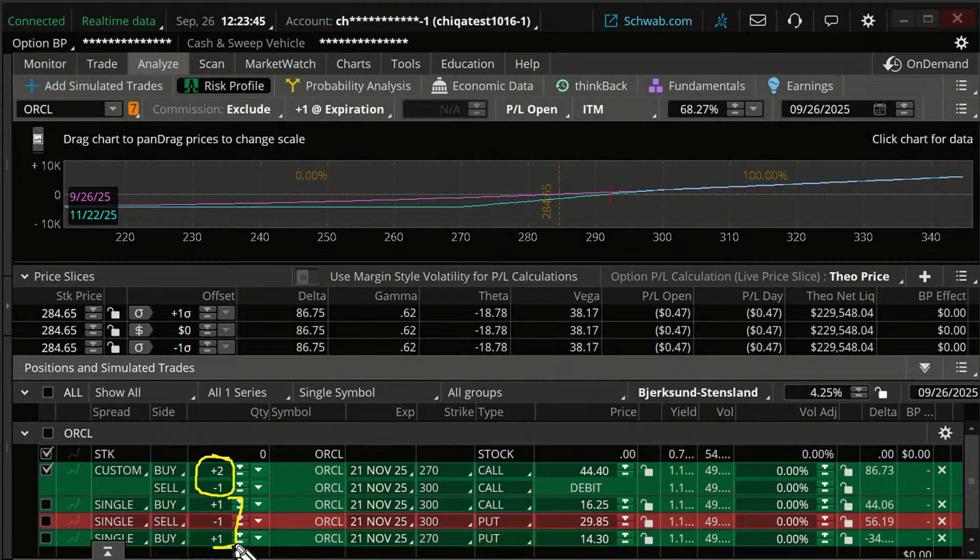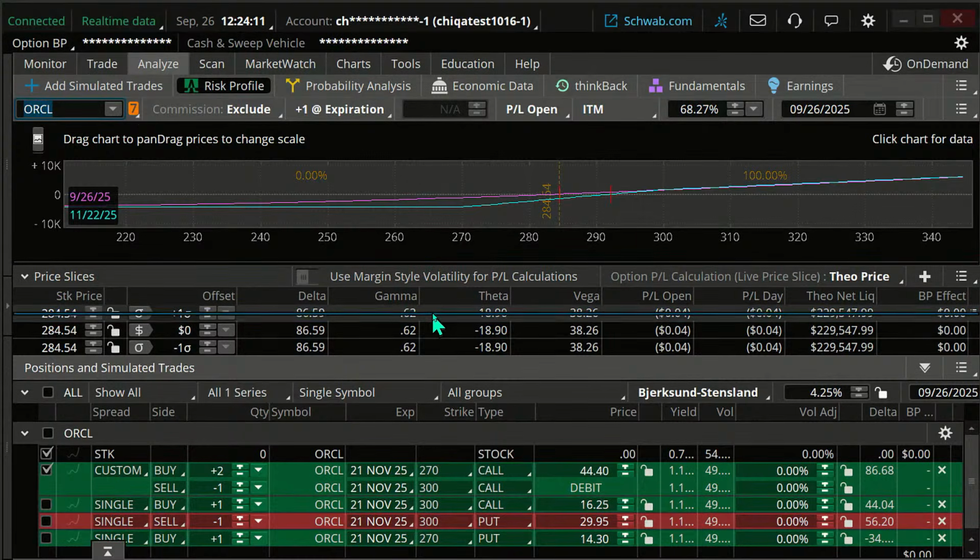So if I want to compare these two trades, what would I do? Well, you enter the first one, and then you can enter the others. How did I enter the others? I just went to add simulated trades and enter these, okay? So there we go. That's what we got. Now, let's take a look and compare the two. Let me get rid of that little drawing tool here.